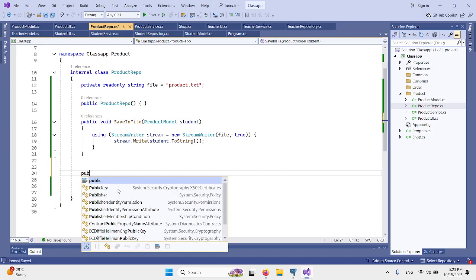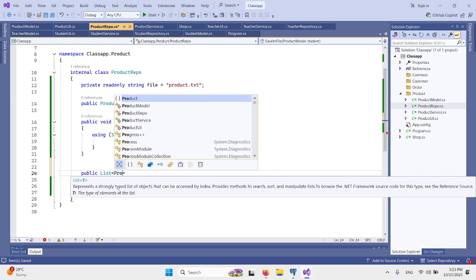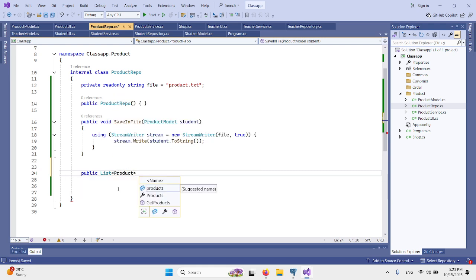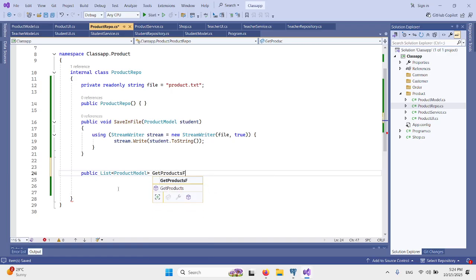Let's write one more function, public. We want to load all the data from the file into a list. Hold on. Get products from file.